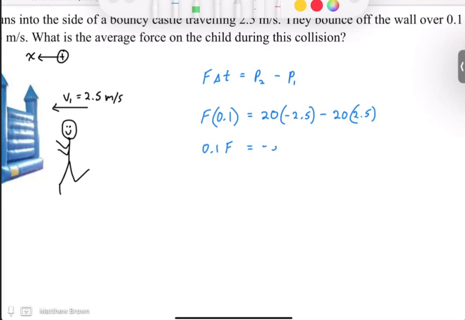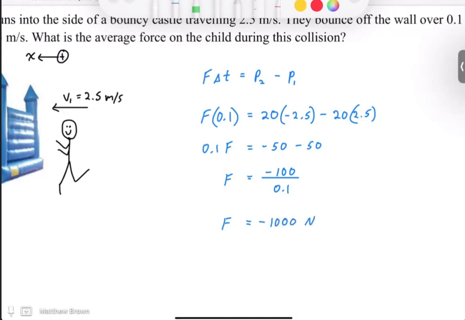So that'll be minus 50 minus another 50, which means F will just equal minus 100 divided by 0.1, which means that the force the bouncy castle applies to the person is negative